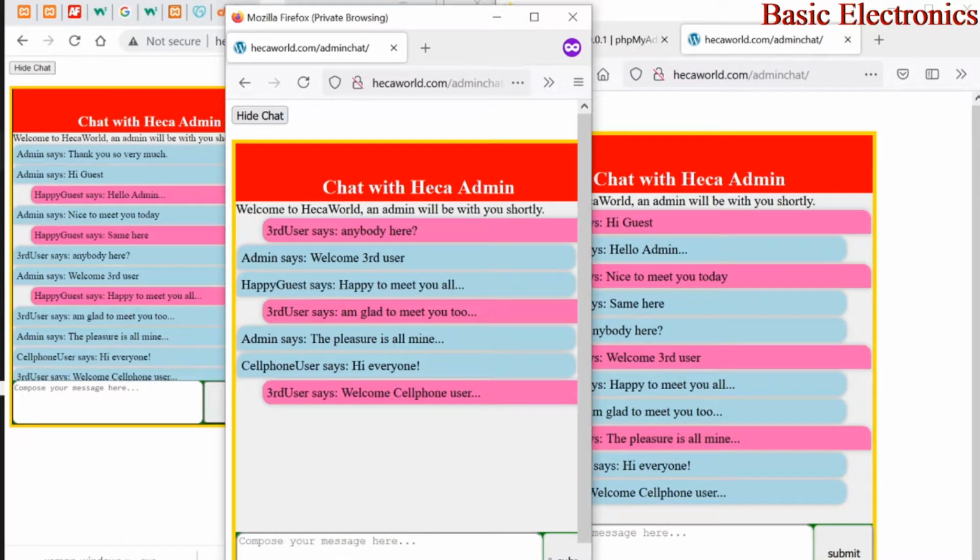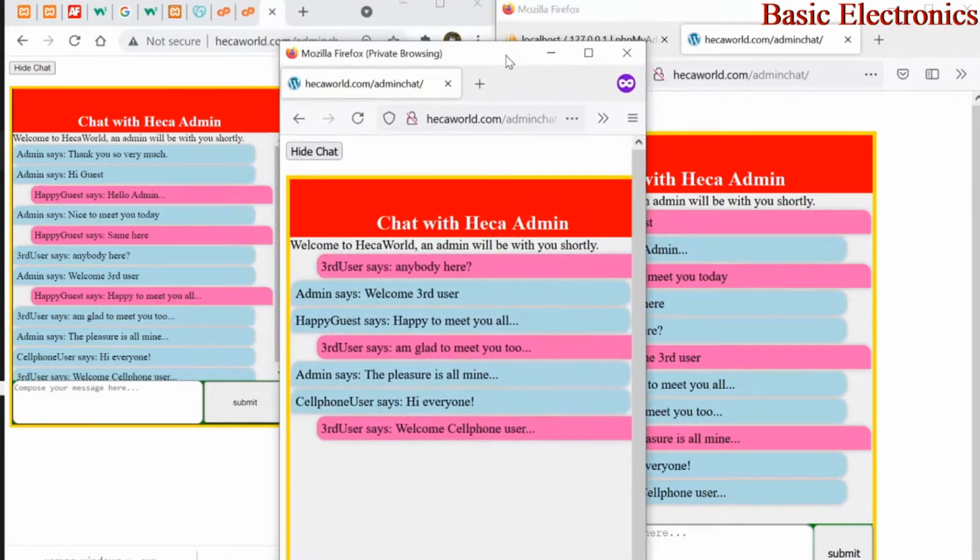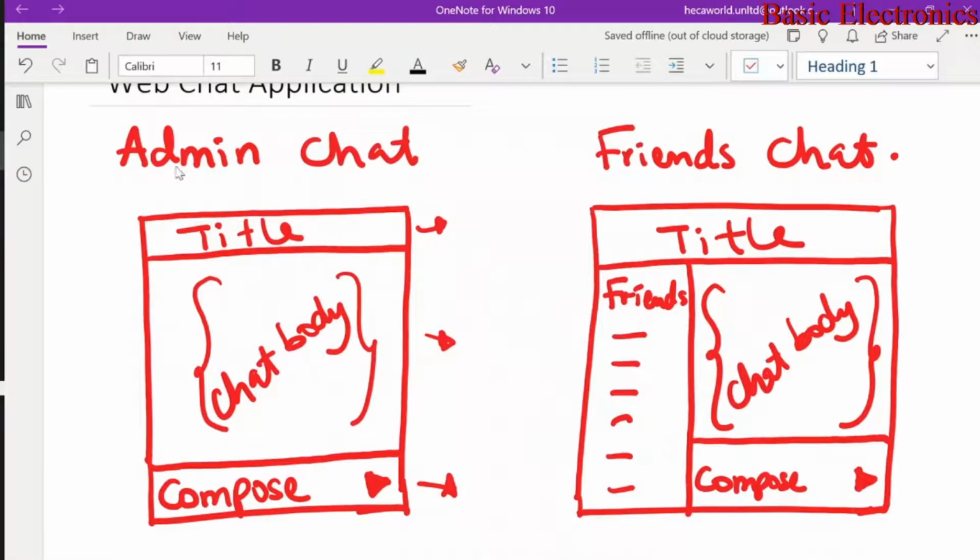Alright. Okay. So that will be it, that the application works as expected. So now we are hosting it live on cPanel. So anywhere in the world where you are now, you can join me in this chat and we can just share ideas together. In the next iteration of this web chat application, our next video series, we'll be focusing on